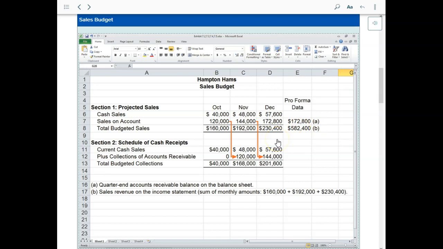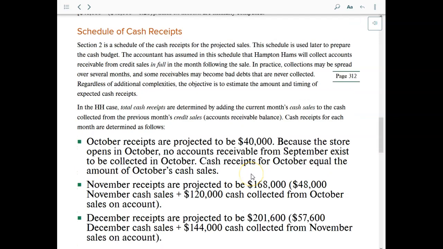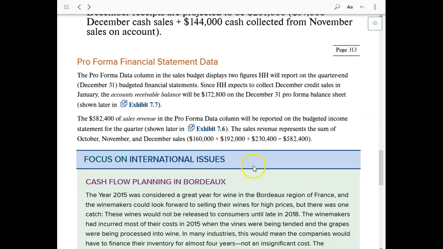It will be used, and we'll see it in just a minute, to see how much we need to purchase in inventory. We start with the cash budget. This start is just a very small part of the cash budget. We're going to see a bigger one in a minute. So all the reading down through here is just explaining what was just talked about. So you can read this.